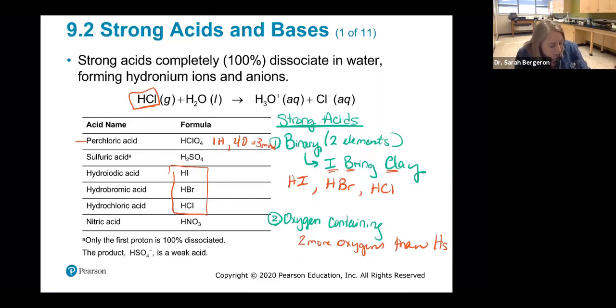In sulfuric acid, we have 2 hydrogens and we have 4 oxygens. That gives us 2 more, check, right? Come down to the bottom, we have in nitric acid 1 hydrogen, and we have 3 oxygens. So that gives us 2 more oxygens than hydrogens, right? And that's how we know that these are strong. So those are 2 little shortcuts that you can use to remember. I will give you a table, but